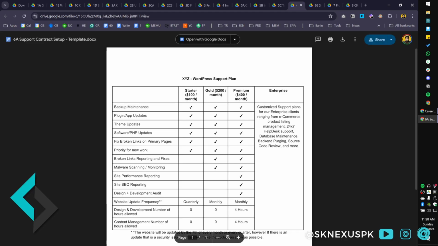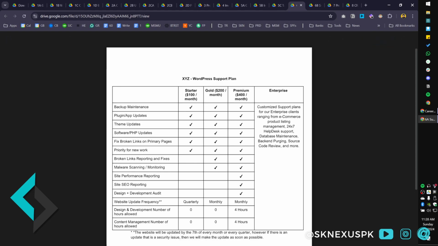Moving on. This is one thing you should always do in a software development agency. Once a project is over, always upsell a support plan or a maintenance plan. Because most of the times, the clients you're going to deliver stuff to, they will require maintenance. So this is just an example of a WordPress support plan. You can have a similar one for Shopify or Squarespace, so on and so forth. Just duplicate this document and edit the language as needed.